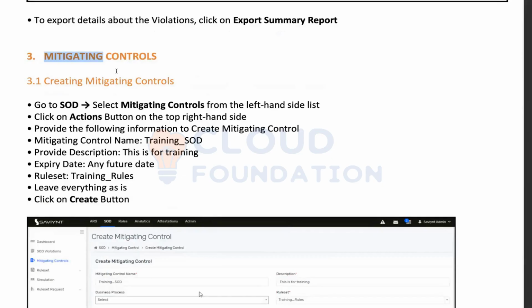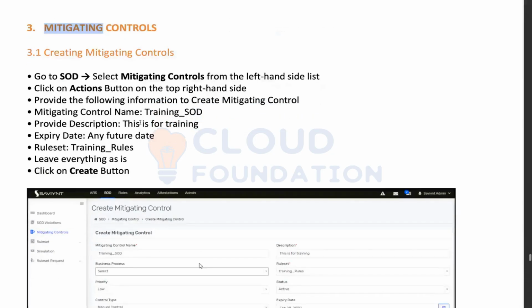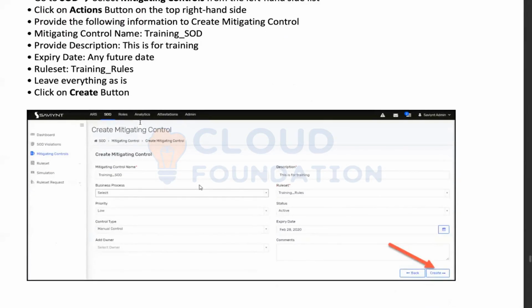To resolve the problem, you have something called mitigation controls. In mitigation controls, you can define what should be done when such a problem arises. You go to solve and click on mitigation controls. You click on training SoD. We are continuing the same use case.